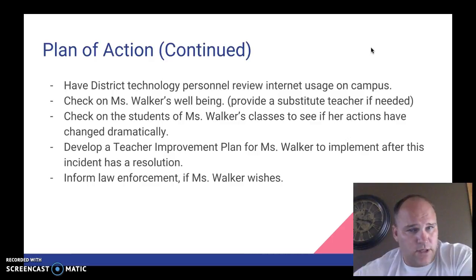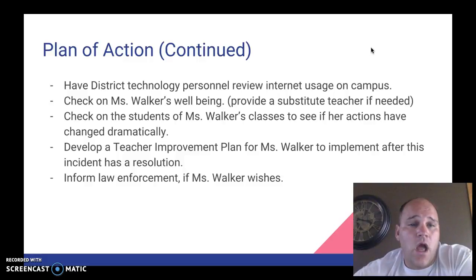I would also have the district technology personnel review the internet usage on campus to see if these posts were made while at school, see if we can narrow down who's been logging into the website, or who was logged in on computers that visited the website,